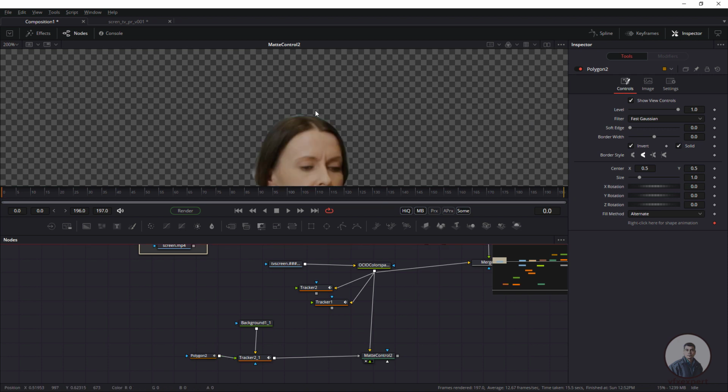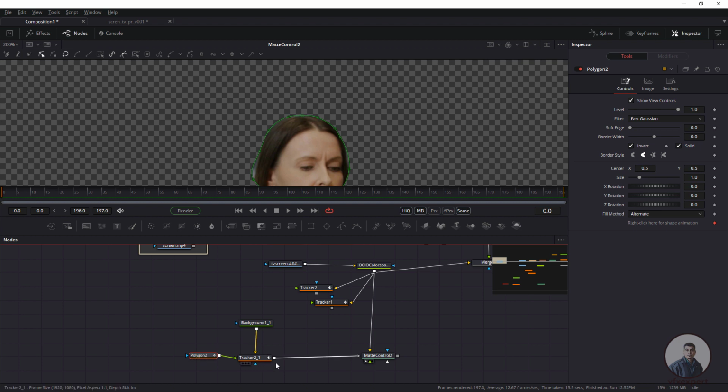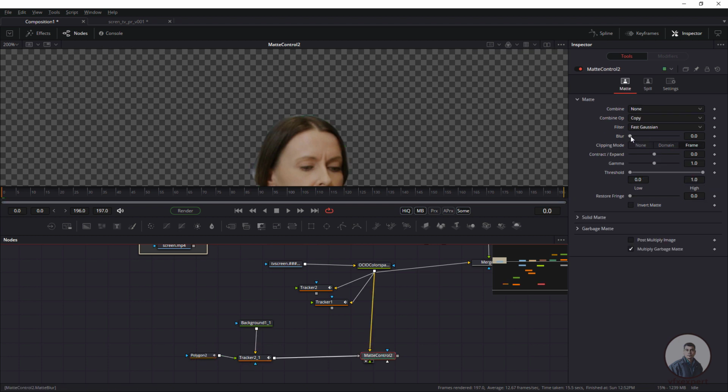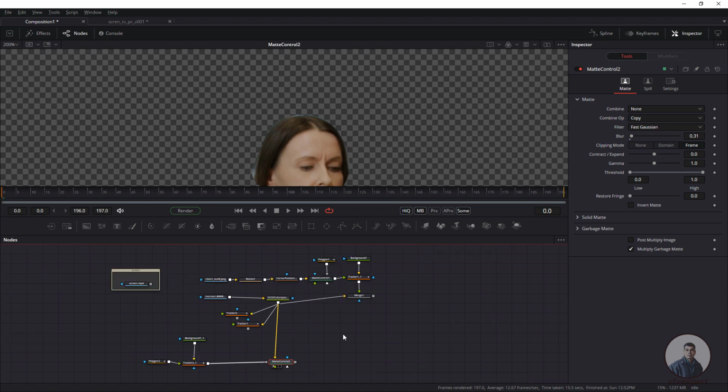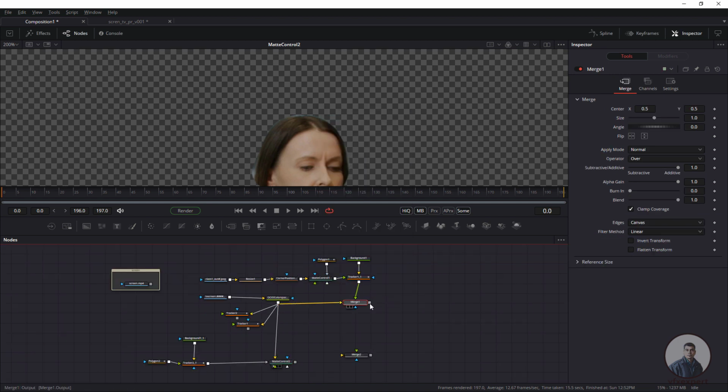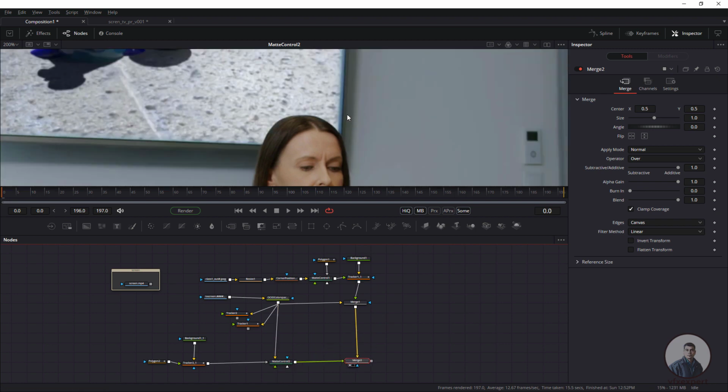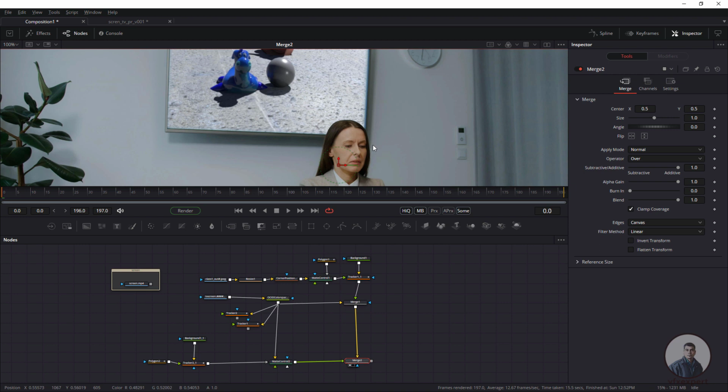Even if you want to smooth your edges a little bit, then you can adjust this blur here. Even from the matte control edges you can also adjust, so you can see these smooth edges. Now finally, what we have to do is take a merge node. This merge will be our background here and this part will be our foreground here. Now drag and drop this merge node, so I am getting this result here.